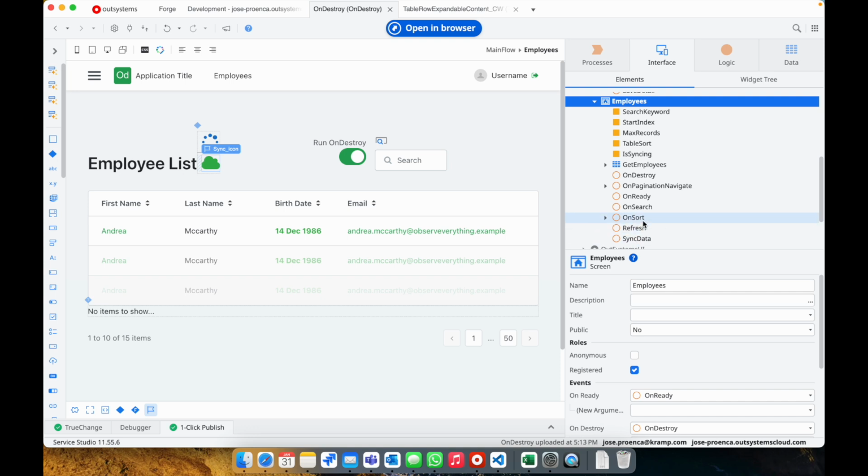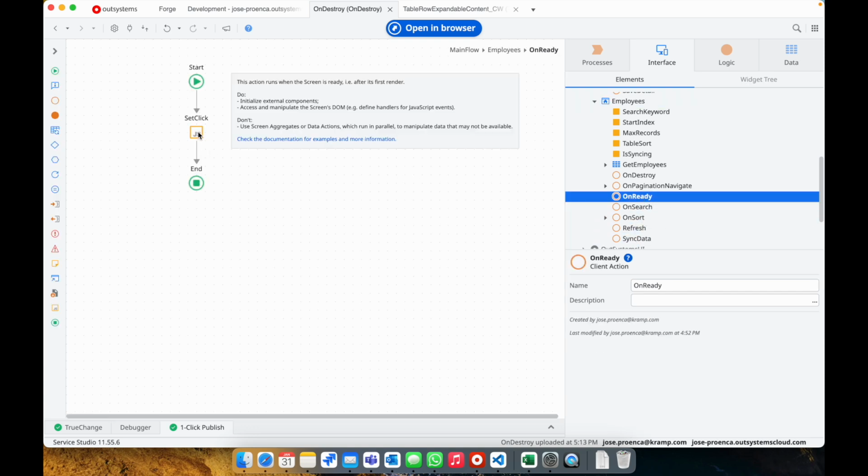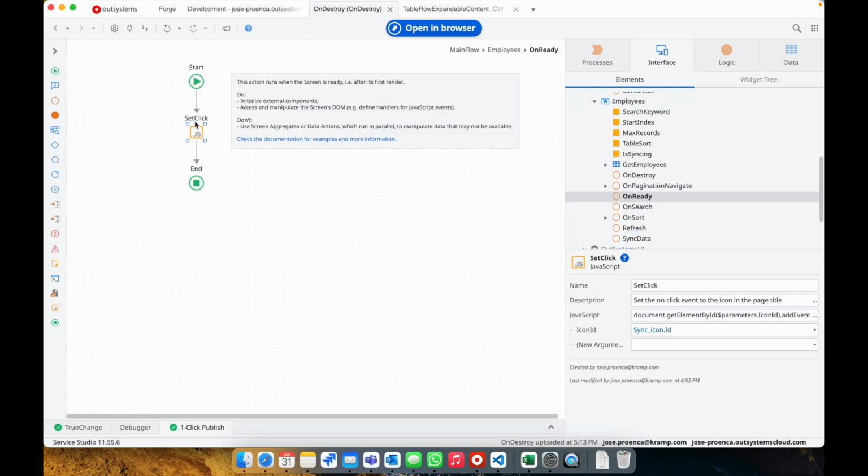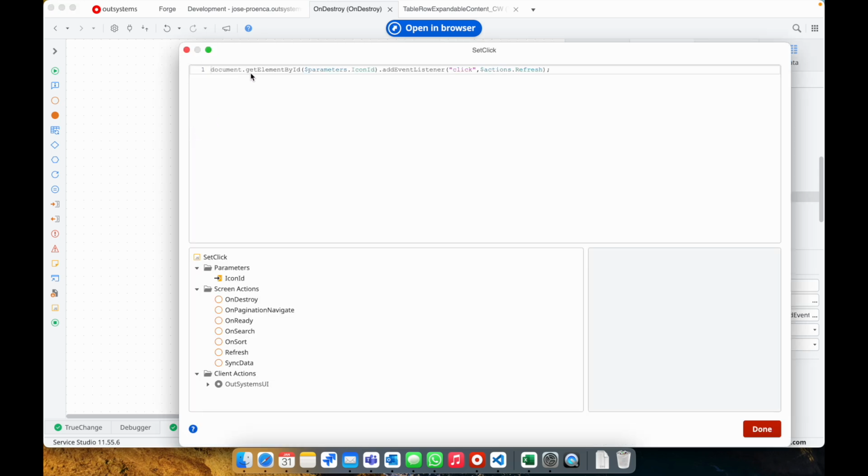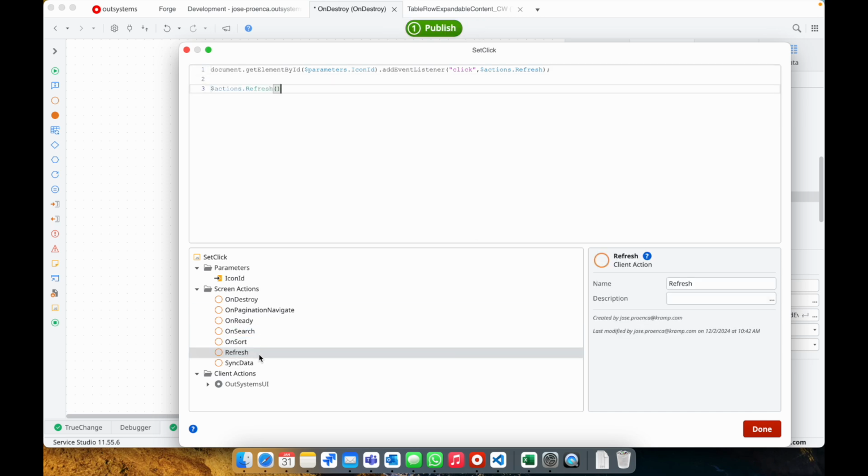Here on the onReady, sorry, I have this set click, and what it does is that it gets that icon by ID, and then it adds the event listener on click, and what it does is it runs the refresh action. And I don't know if you notice, but you can just call OutSystems actions inside of your JavaScript. You just need to click on them, but be aware that if you just double click on these actions here,